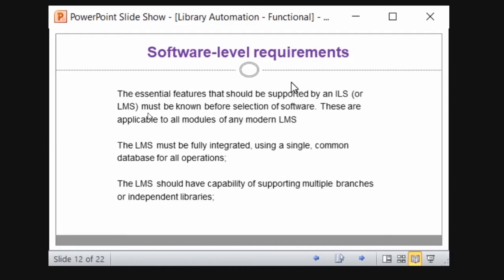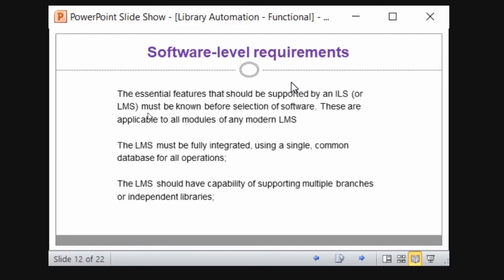We only know the major functions like acquisition, cataloging, circulation, and online services. But when you go into detail, there are many sub modules and sub services. So when you use the software, you have to learn these features thoroughly so that you can compare the effectiveness of the software. Before implementing any software for your personal use or in your library, make sure all these modules are supported. Whether you are purchasing or going for open source, you should ensure that all the best features of the software are available. Then only you should go for that.